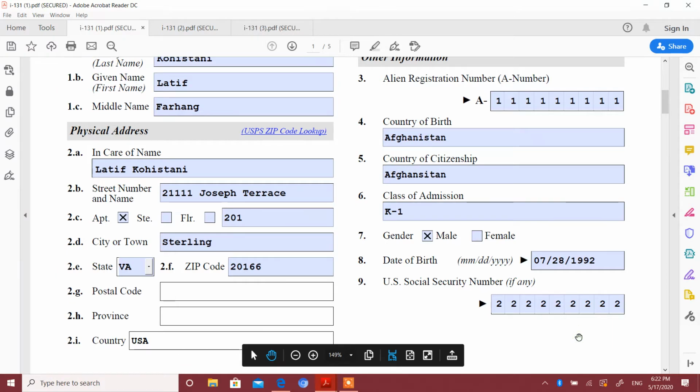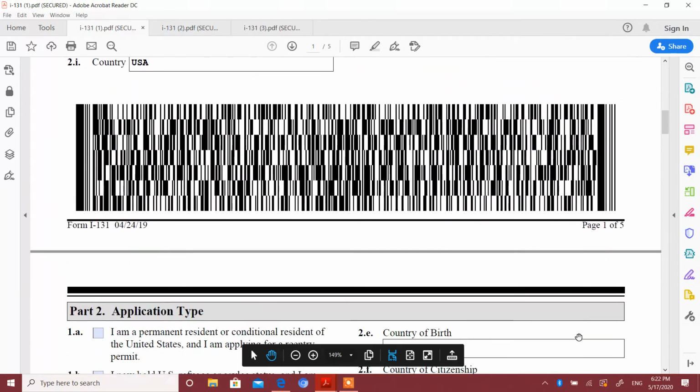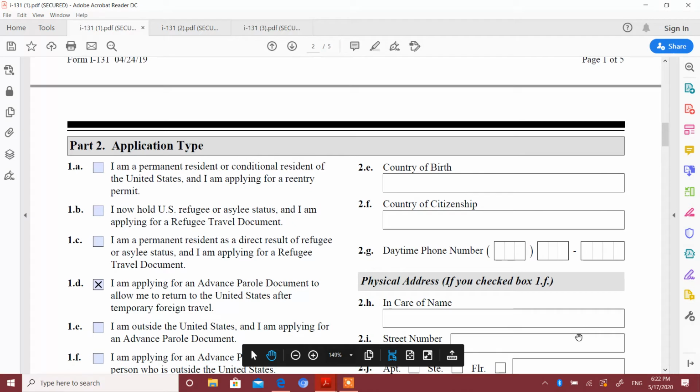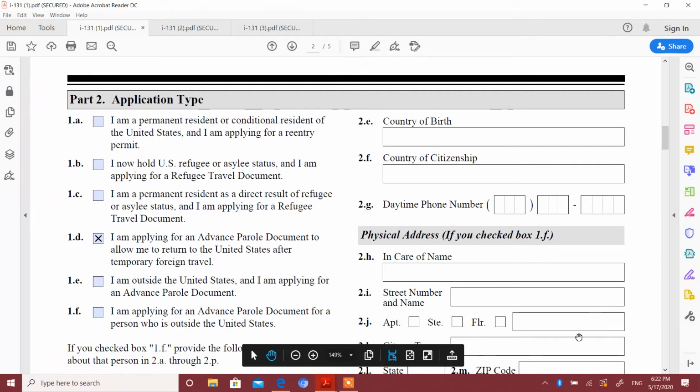Go to the next page. Part 2, application type. This is very important. Be very careful when you check the box. Make sure that you click the right box that applies to you. 1A says I'm a permanent resident or conditional resident of the United States and I'm applying for a re-entry permit. If you have a green card but it is conditional,